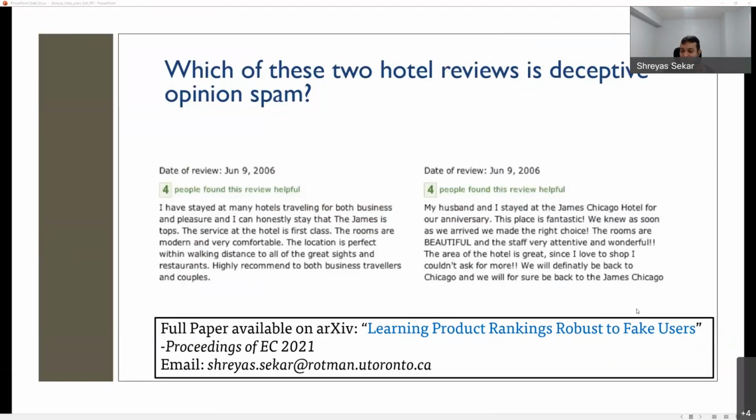So it actually turns out that the one on the right is fake. And I posted this example for this very purpose. Sorry, John, but the reason I think many of us, including myself, gravitate towards the right review being authentic is that this looks like what a person would have written, right? Because they use a lot of personal anecdotes, like, my husband and I, they use capitalization, a lot of exclamations, and the left review looks pretty informal, whereas the right review looks very personal. But it actually turns out that the right review is the one that's fake. And it even has a spelling mistake, by the way.